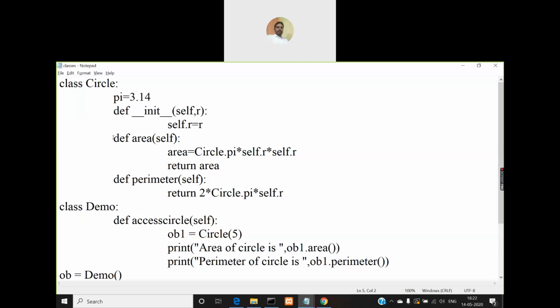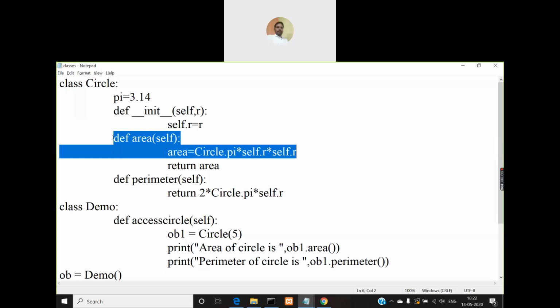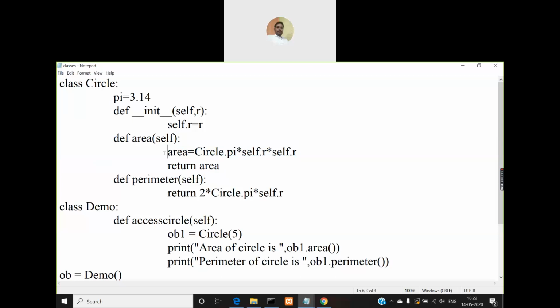Then I'm defining a method called area, and it doesn't have any parameter, only the default self parameter. Then I'm creating a variable area equal to Circle.pi * self.r * self.r. What is this? It is nothing but the formula for finding the area of a circle, pi r square, where pi is defined as a class variable.